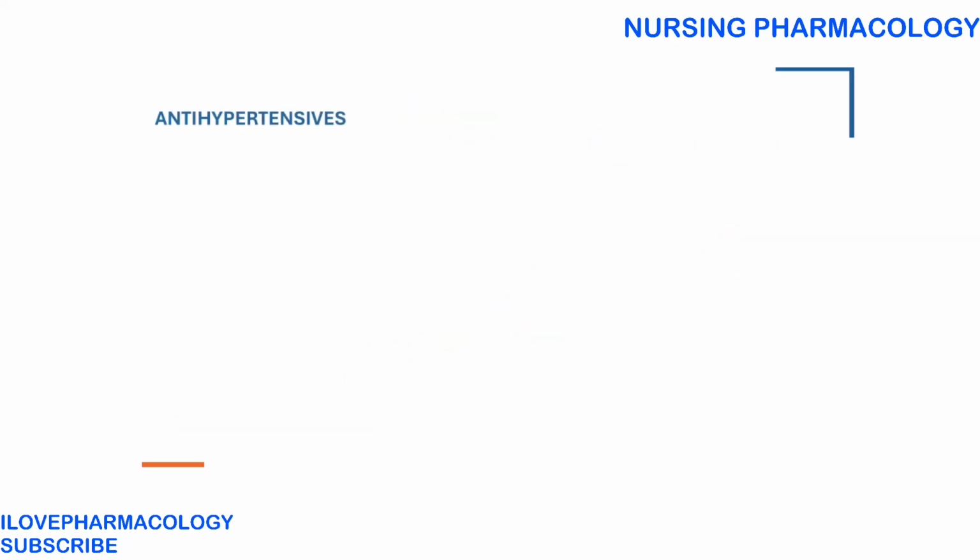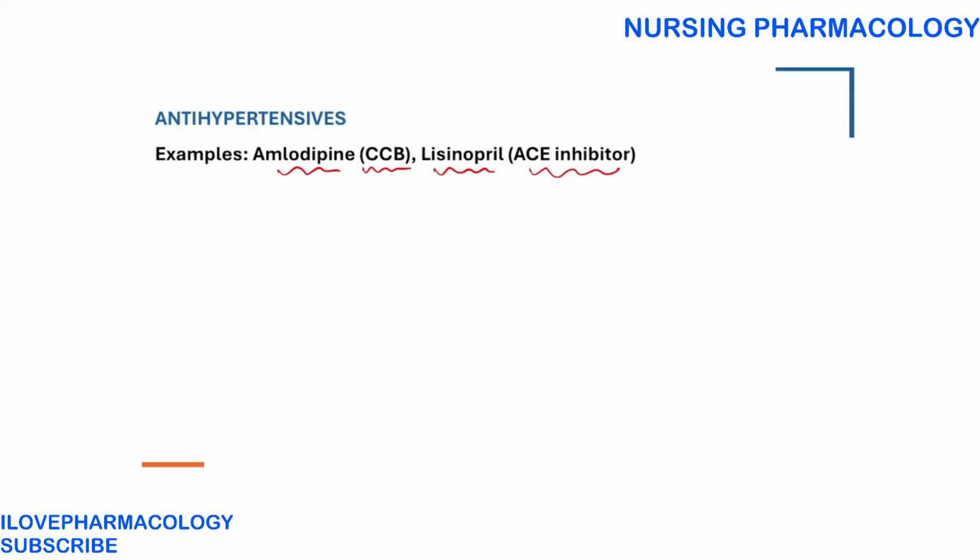So next, coming to the antihypertensive medications. Under this, you need to remember at least amlodipine, which belongs to calcium channel blockers. Lisinopril belongs to ACE inhibitors, and also you can remember beta blockers. And you have ARBs, angiotensin receptor blockers, like losartan. You have diuretics as well. Diuretics like the thiazide